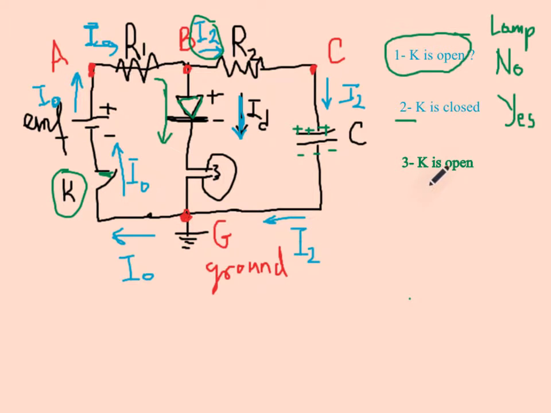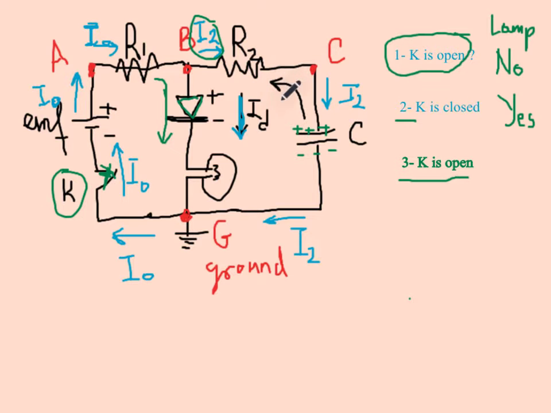Now, next step, we're going to open K. So now we're going to open K. So now this is no longer connecting. So we have no sources of power here. So what's happening in this case? The current, the charge that was stored here, the charge that was stored in the capacitance here, this is discharging,